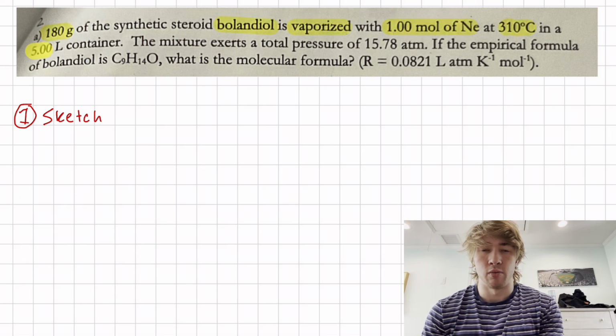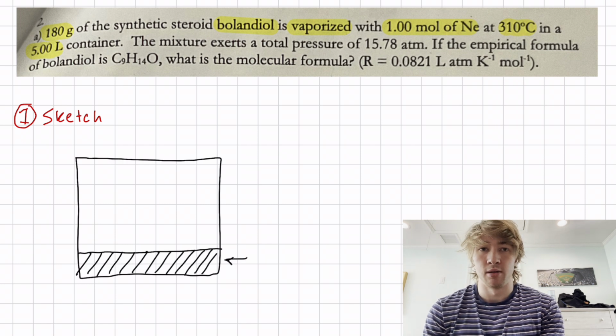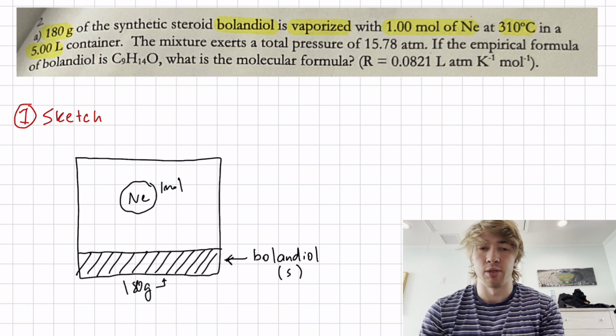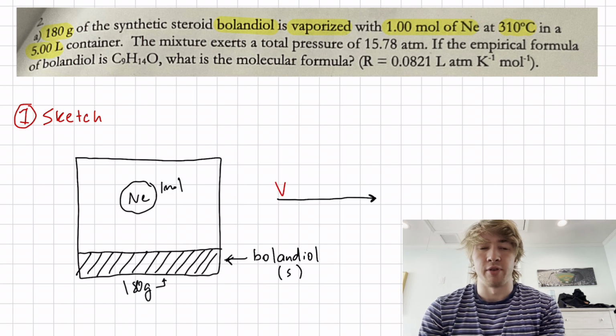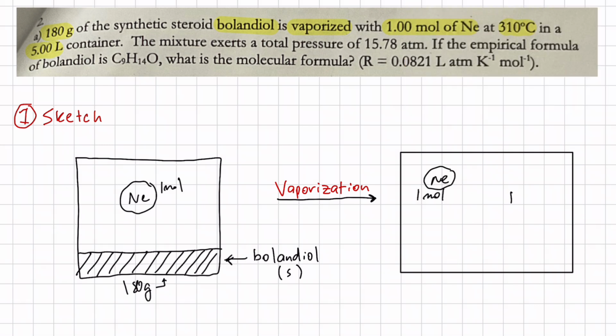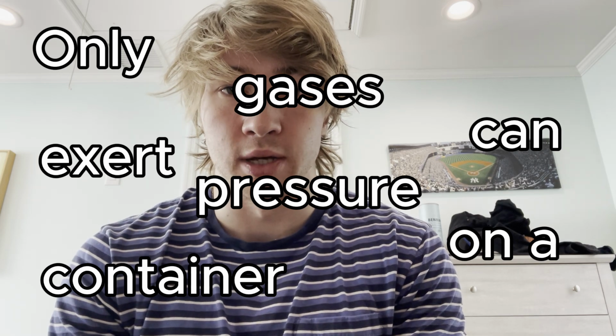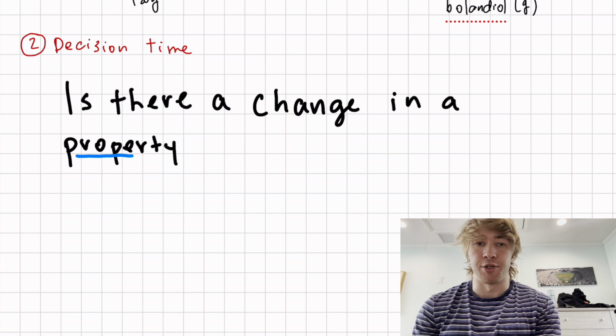We'll start with a container with a volume of 5 liters that has 180 grams of bulandiol, either solid or liquid, which has not yet been vaporized, as well as 1 mole of neon gas. Then, after the vaporization step, the container contains that same 1 mole of neon, plus an additional 180 grams of bulandiol in the gaseous state. And the key fact that's going to help us here is that only gases can exert pressure on a container, not solids or liquids. So again, the key question,